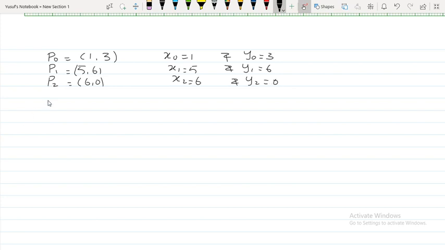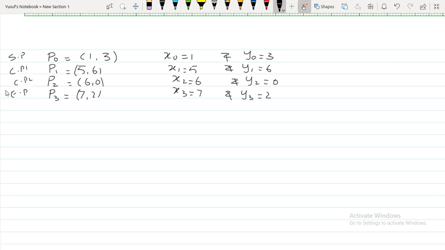And then the endpoint is given, that is P3. P3 is given 7 comma 2. x3 is 7 and y3 is 2. So it is the start point of the curve, and the last point should be the end point of the curve. In between points are the control points, control point 1, control point 2.